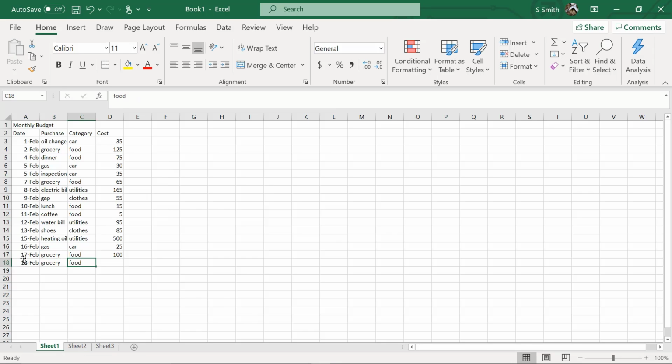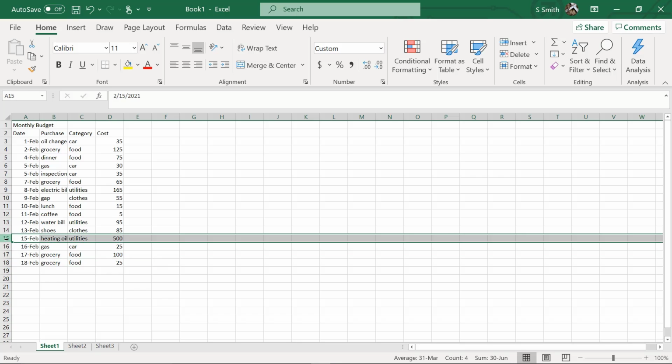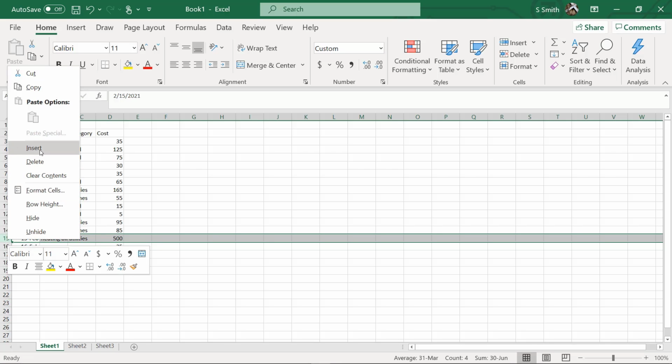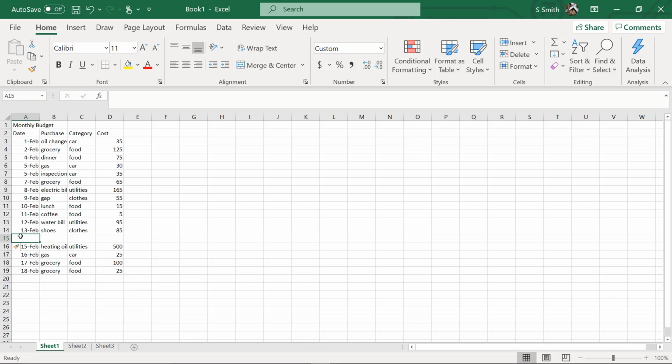Also, I can click to the cell to the left. I'm going to want to put a date and the new amount that I spent on groceries. I'm also looking at my list right here, realizing, oh look, I forgot to put Valentine's gift that I bought for my spouse in here. I really need it to be on February 14th. I can highlight that row and right click on it and go to insert. And then here I can write 214, hit the right arrow on my keyboard, Valentine's gift. I can put that under the category of gift and say I spent $45 on that.